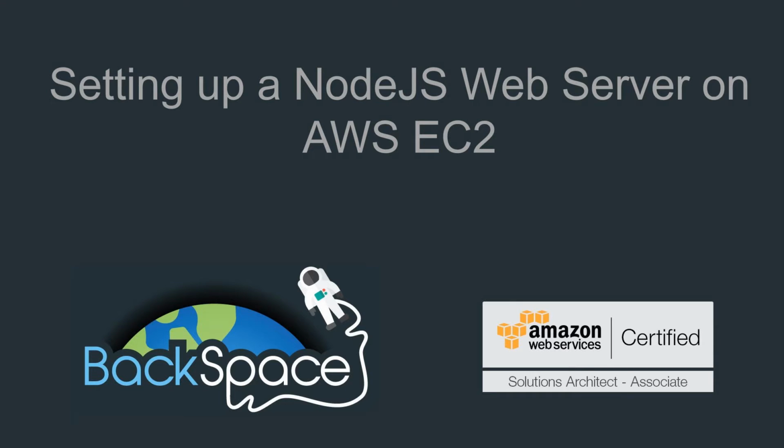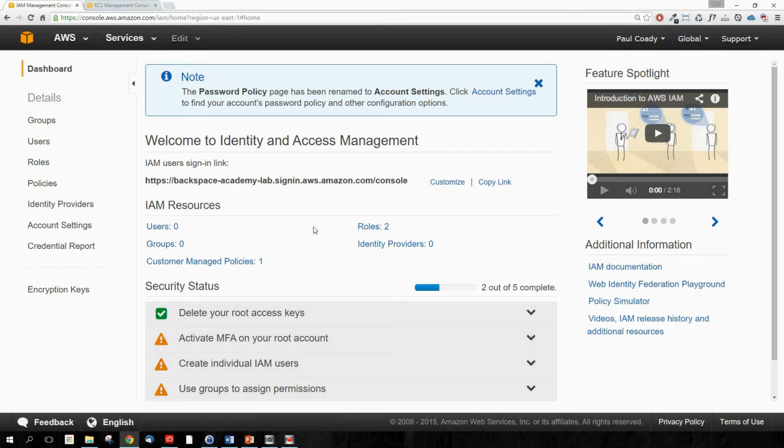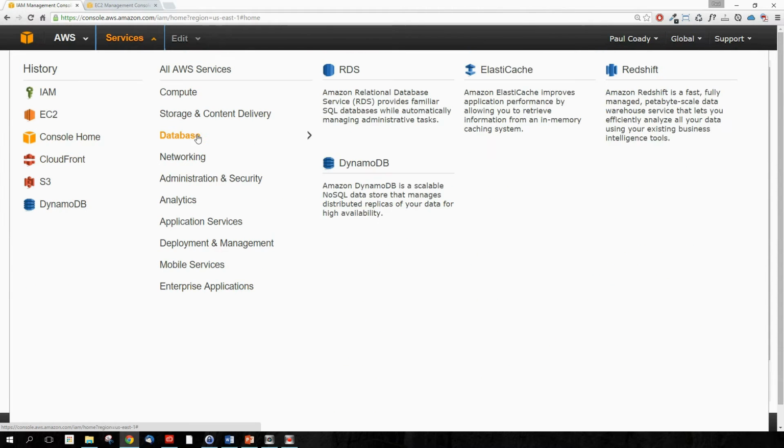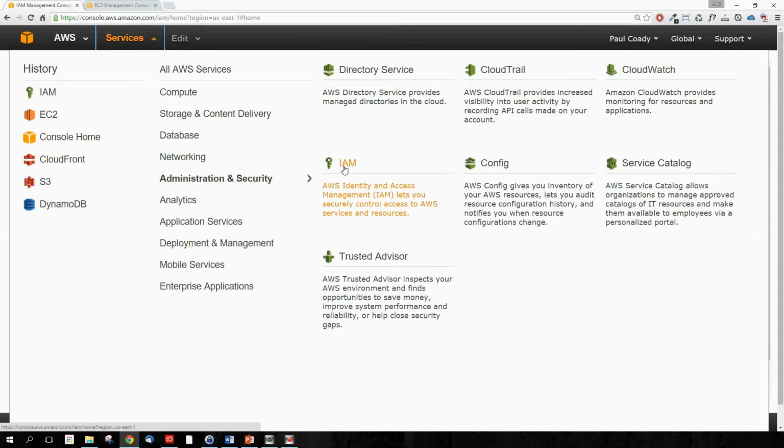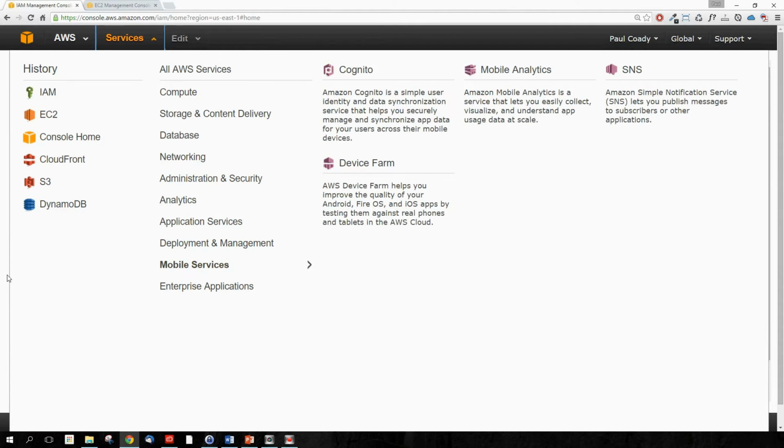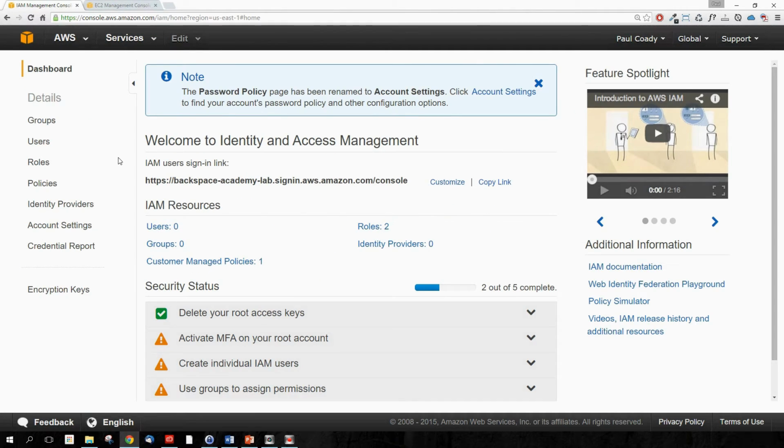So first thing we want to do is actually go into the IAM console. Okay, so we're in the IAM management console. Just get there from Services, Administration and Security, IAM. So the first thing we want to do, when we've got a new account, is create a